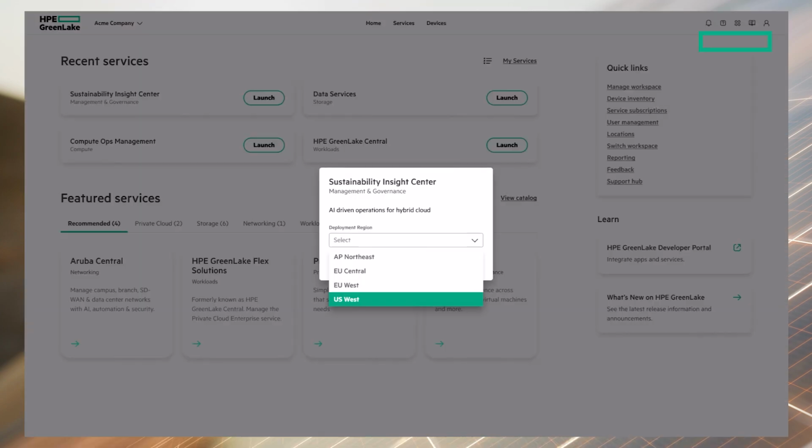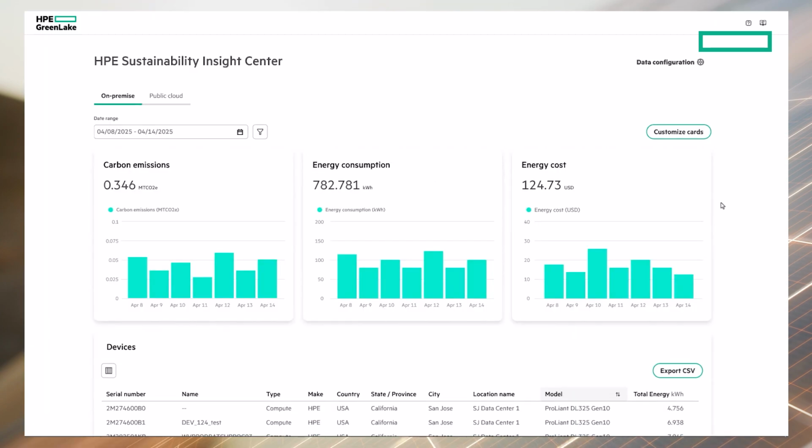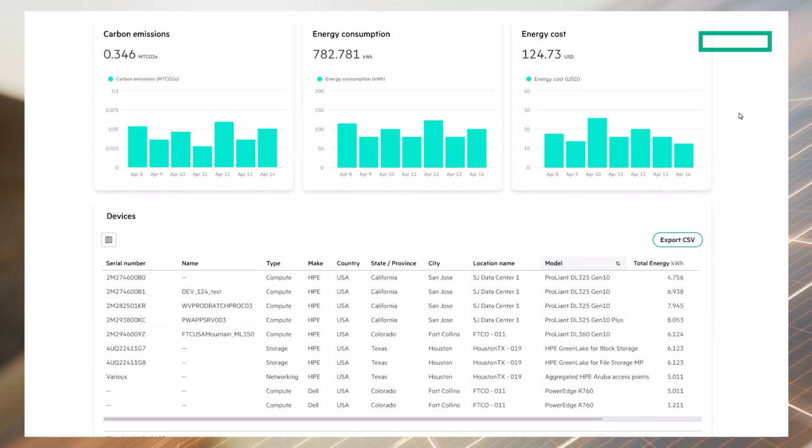For the sake of the demo, I'll just use the US West region since that's the closest to my current location. From this view, you can see the carbon emissions, energy consumption, and energy costs for our on-prem infrastructure.